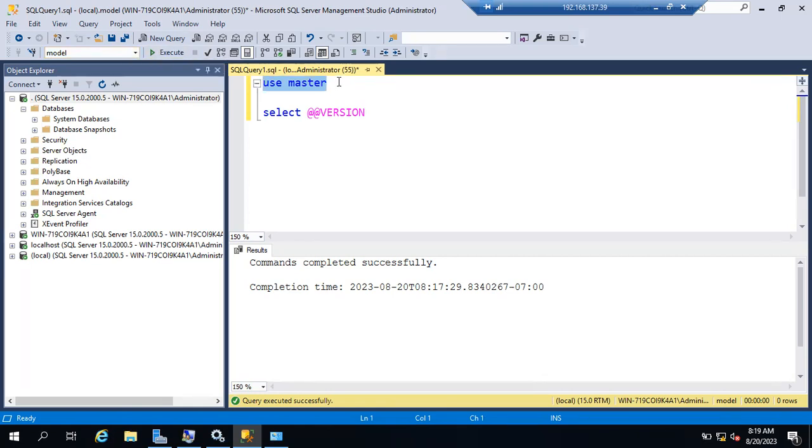Now I want to run this query. I have two queries. I want to run only this query, so I can choose this and execute it. Immediately it changed from model to master, guys. So this is the command. If you want to use the GUI, you can just use the GUI to change the database name. If you want to use a command, USE database name will help you change the database context here. Now it has changed to master. Now if I want to run this query, I can select this command and execute, and it will tell you the